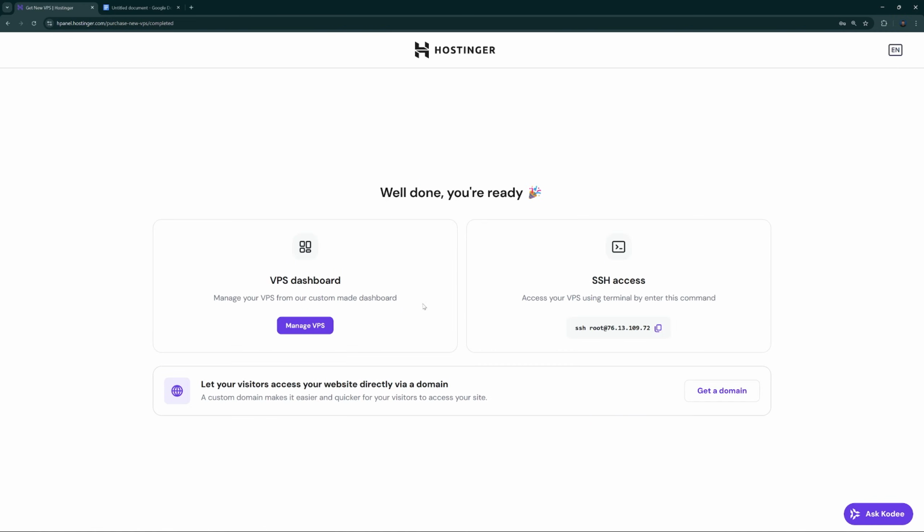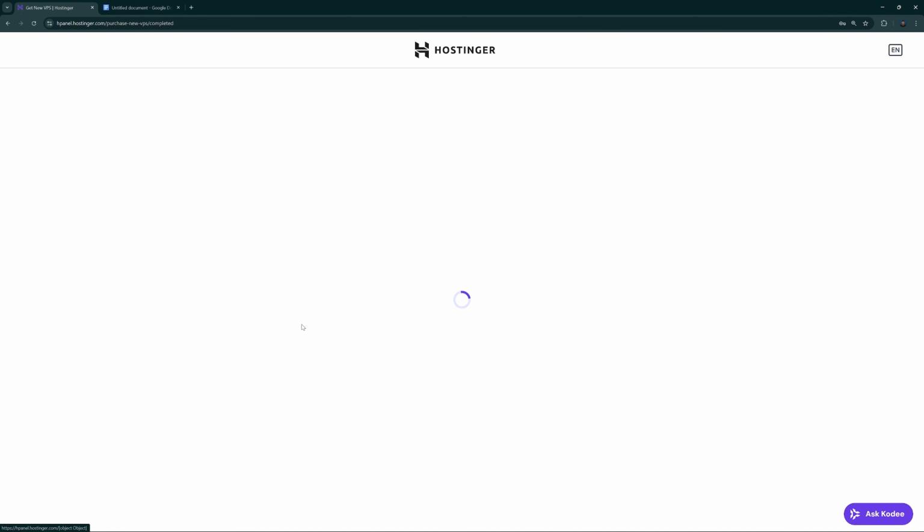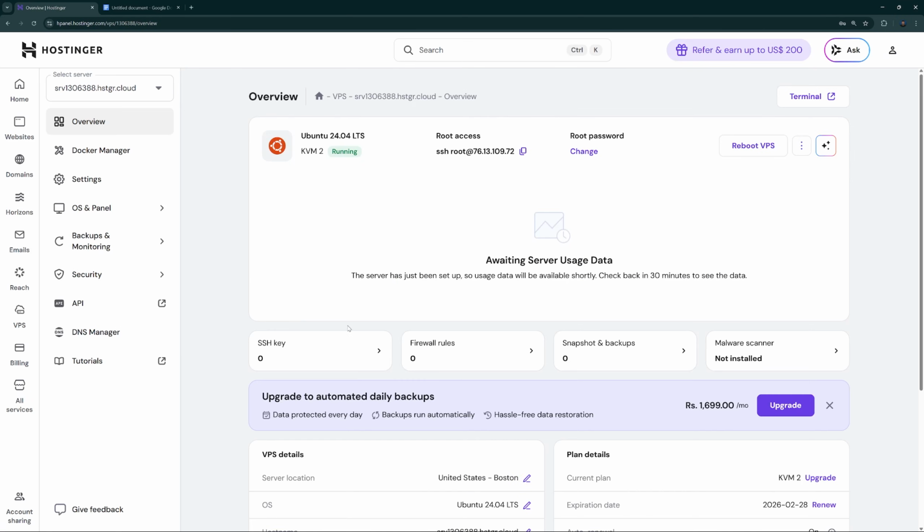All right, so once that is done, you're going to see this screen. Just click manage VPS, and it's going to take you to your dashboard where you can see everything about your VPS. This is where you'll see all your statistics, your users data, and everything about your VPS. But the thing that we're mainly interested in is this root access. And the reason for that is because this is going to allow us to access this VPS from our local terminal. So basically, we're going to be using command prompt or Windows PowerShell to access this virtual machine and write